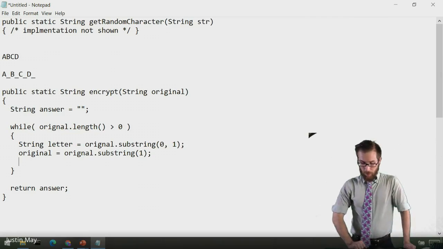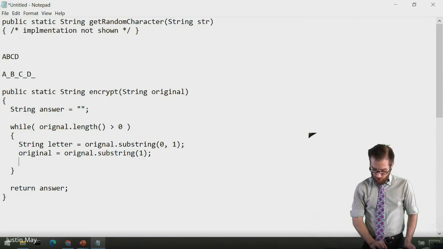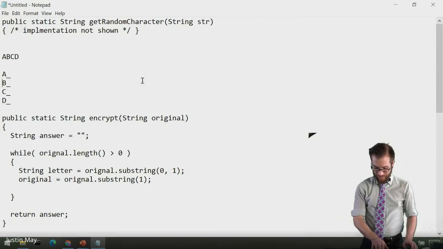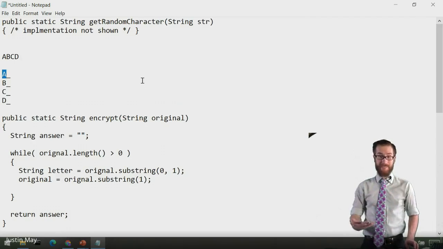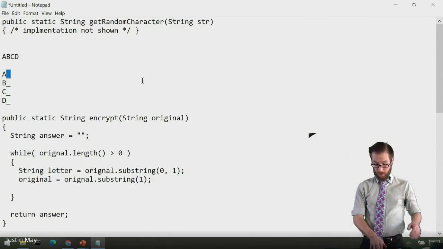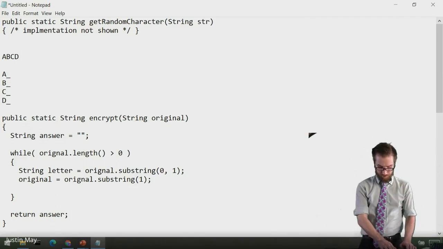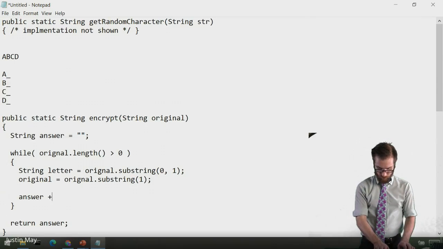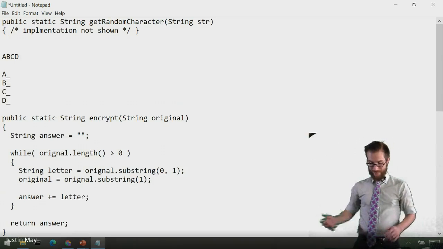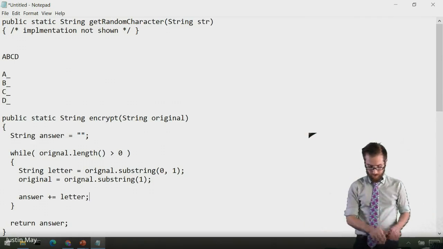For this particular problem, we want all the letters in the same order, but what's changing is if I go from A, B, C, D, I want to have A and then something, and then B and then something, and then C and then something. So each iteration of the loop is actually going to add 2 characters to my answer. It's going to add the character I just isolated plus another character. So I'm actually going to add 2 things to my string. I don't have to check anything, so I don't need an if statement. I'm just going to say answer is assigned itself, or I can just do plus equals, the letter. So I'm going to take the letter I just isolated, add it to my answer, but then I also